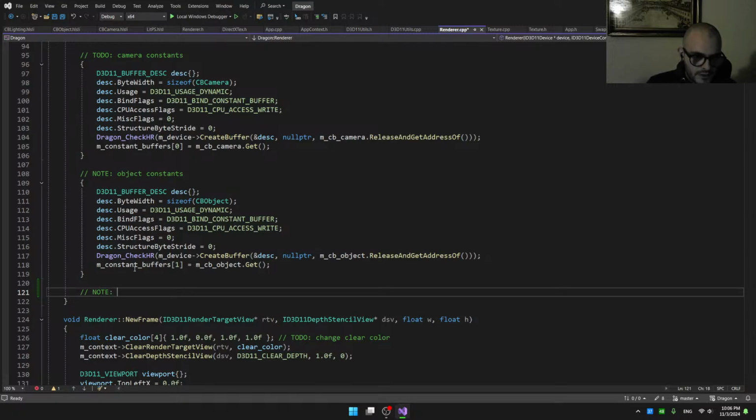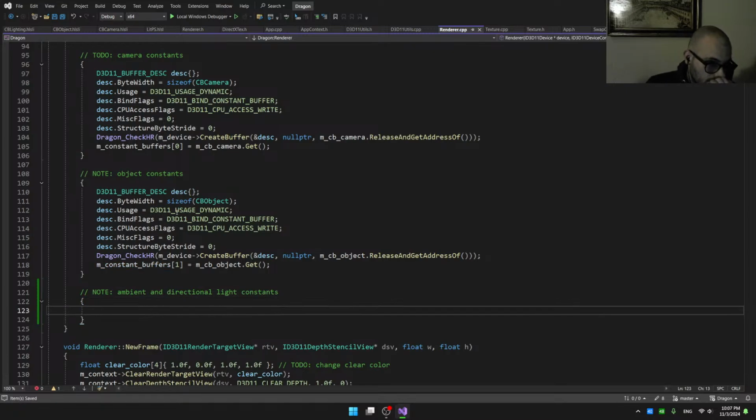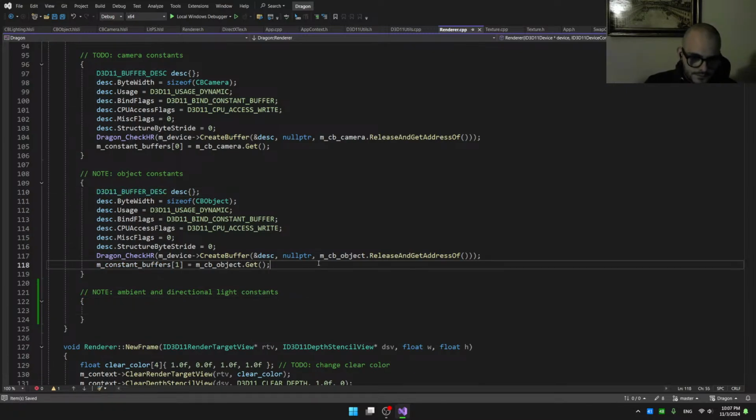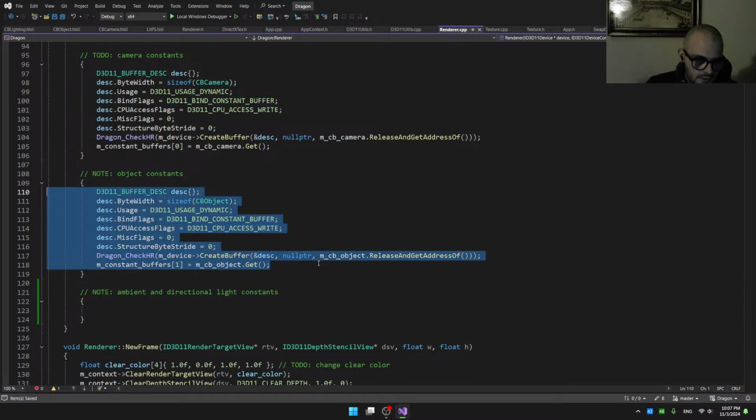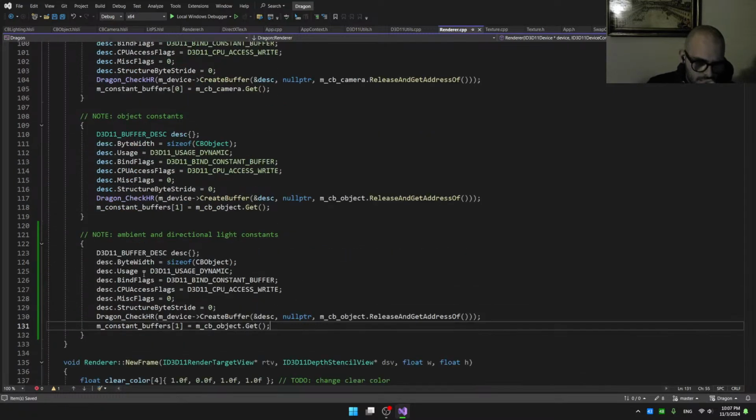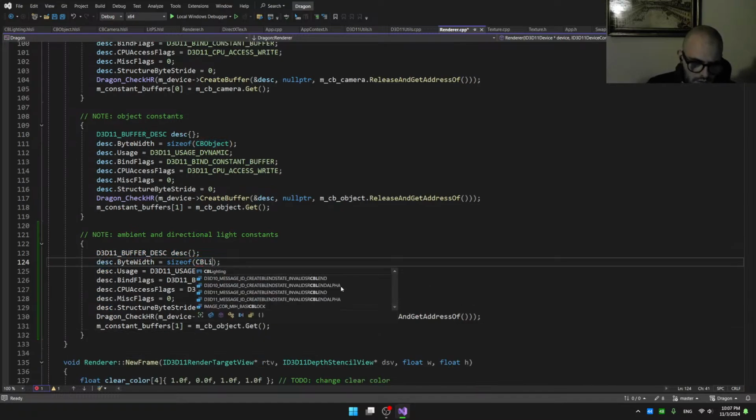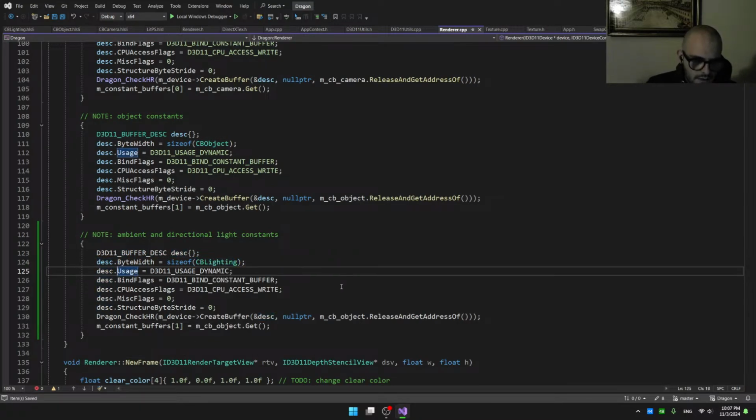Ambient and here we do this. So buffer desc, constant buffer lighting. The usage is dynamic, the binding is a constant buffer, CPU access, of course,